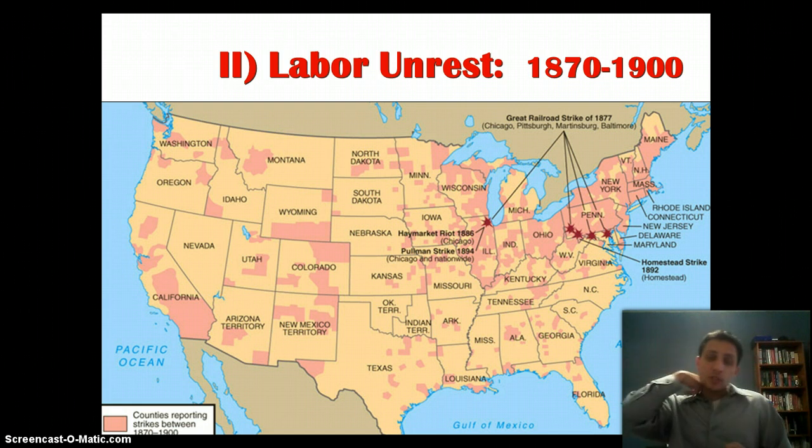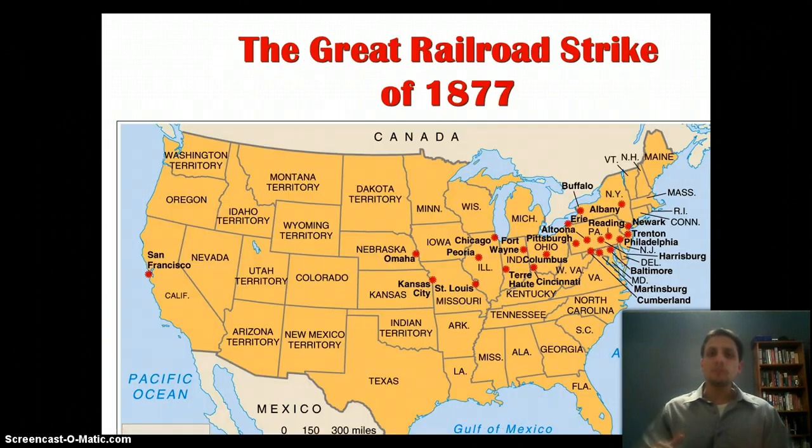So what we're going to start with are some of the famous strikes, really three famous strikes that take place in the late 1800s. So the first one is known as the Great Railroad Strike of 1877. And the Great Railroad Strike is also, I think in your textbook they call it the Great Uprising. And really what's happening here, this is in the midst of a depression in America at the time. The economy is starting to decline a little bit.